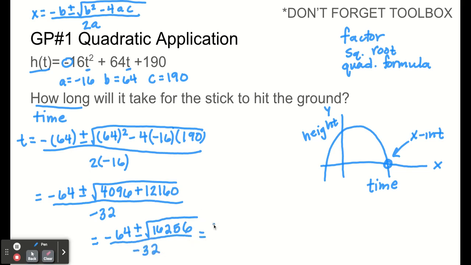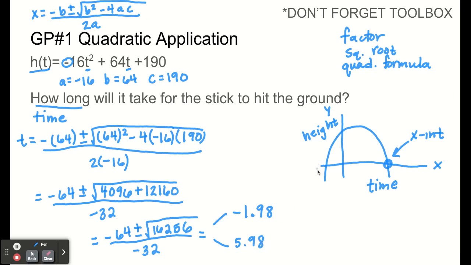So we're going to separate this to find our two different times here. First, if you do -64 plus the square root of 16,256 equals, divide that number by -32, you're going to get -1.98. If you do -64 minus the square root of 16,256 equals, divide that number by -32, and you're going to get a positive